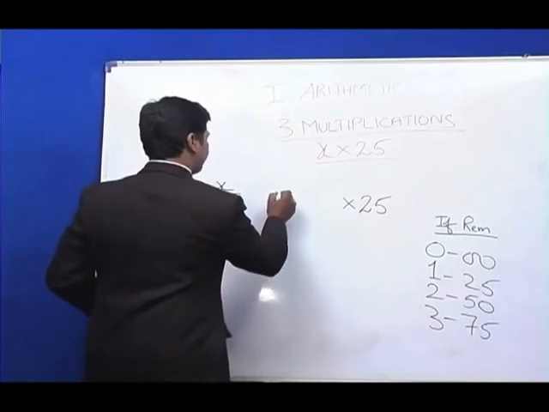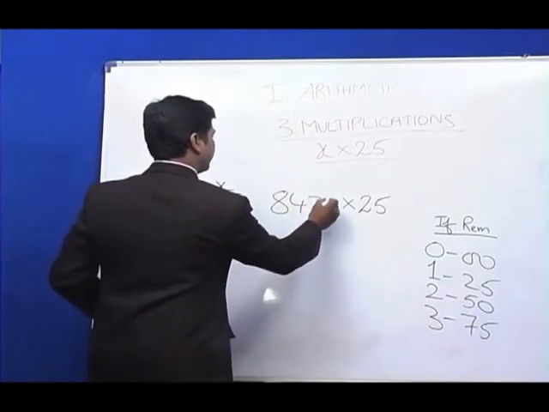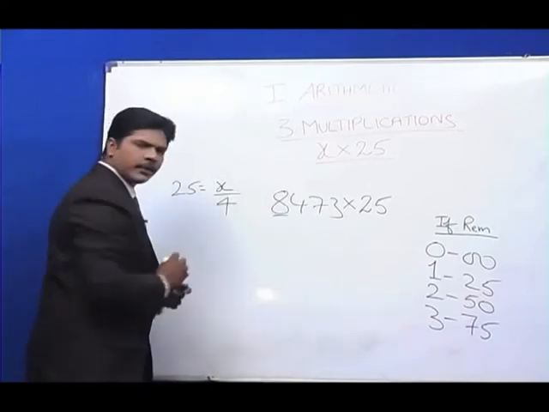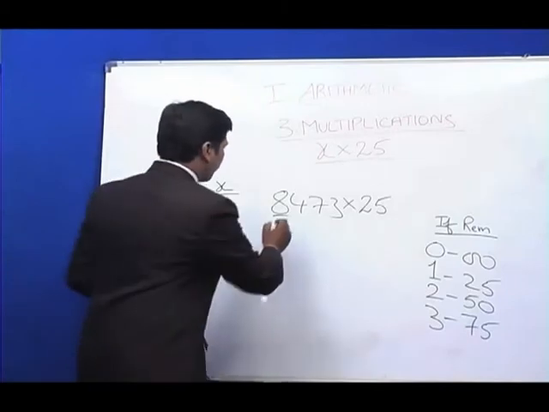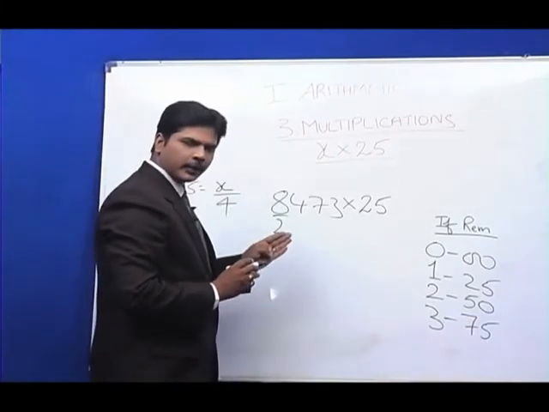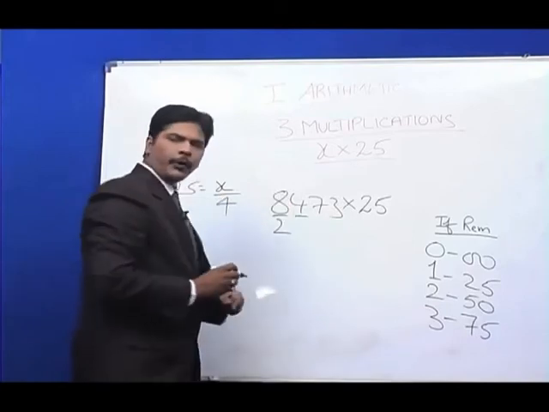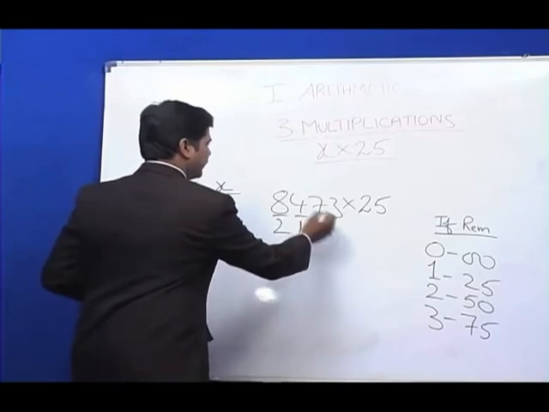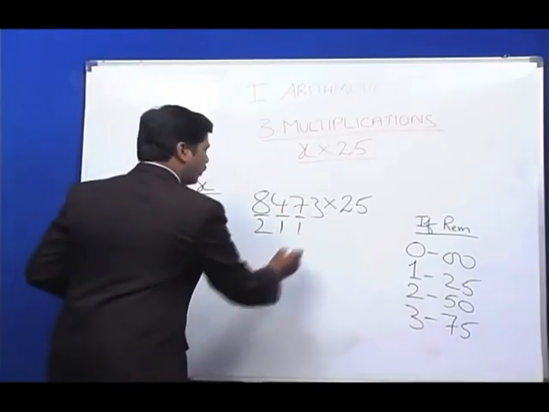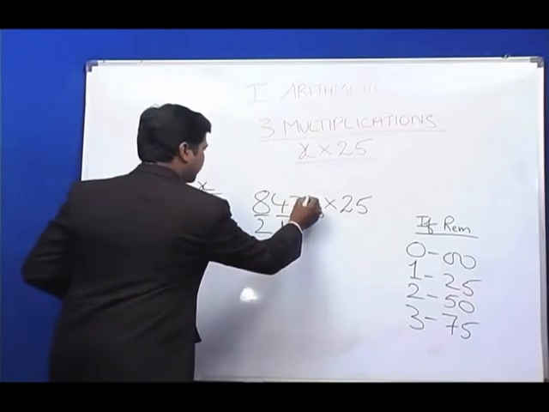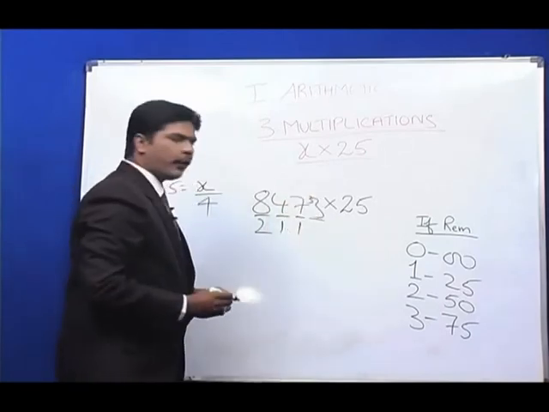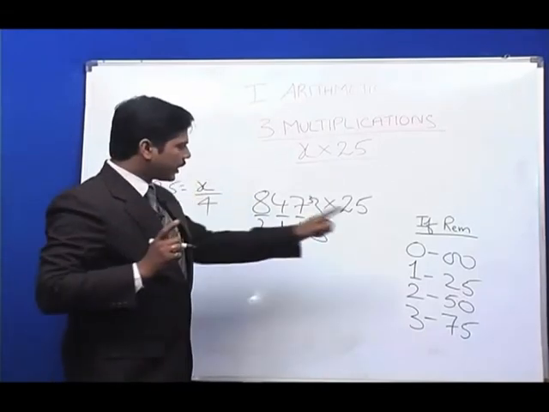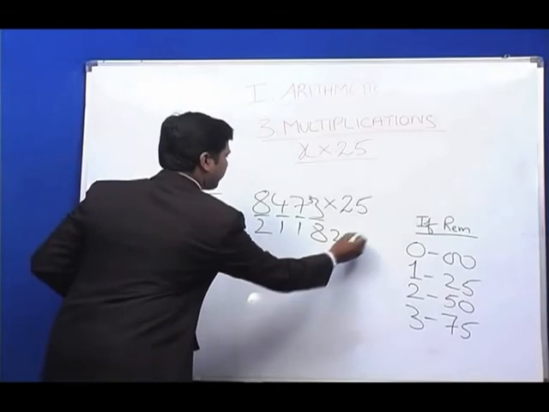Let's go for even bigger numbers. Like, how much is 8473 times 25? Even then the same technique, don't panic, okay? Underline the first number. 4 goes in 8 twice, exactly twice, no remainder. Go to the next number, underline 4. 4 goes in 4 exactly once. Now go to the next number, underline 7. 4 goes in 7 once with a remainder of 3. Put the 3 right before the next number, assume it as 33. Underline 33. 4 goes in 33 exactly 8 times. 4 8s are 32 with a remainder of 1. If the remainder is 1, the answer ends in 25, and that's the answer.